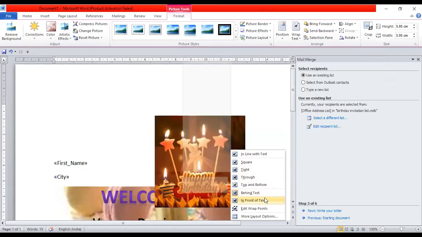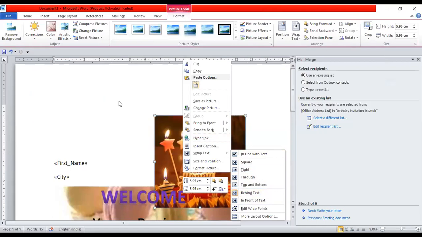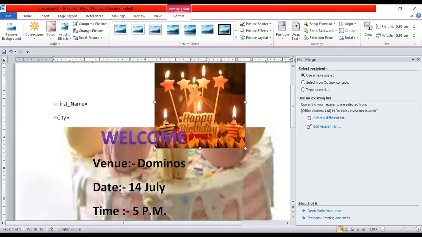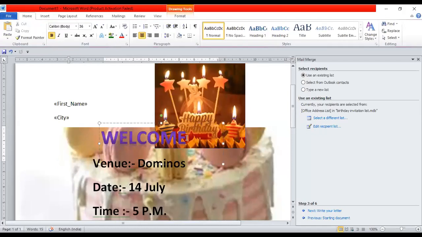Understood? Yes, ma'am. Miss, then how will we write on that picture, on top of the picture? Better you write first, then insert the picture and send it back. Ma'am, when we write text and then do wrap text, it will be behind the text. Like here, I'm writing, welcome is written.